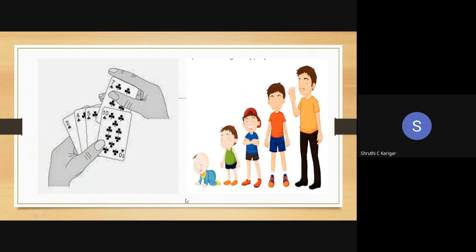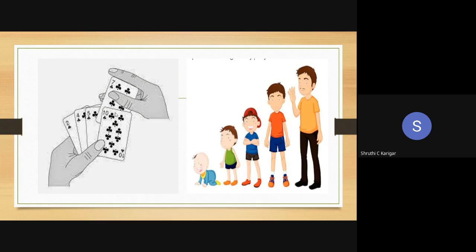Okay, so here, I think many of you have played cards, right? Whenever you are playing, the cards will not be in a sorted order. For example, if you're playing with 4 members, the different cards will come to the 4 members. So what is our task in playing the game? We have to arrange them in a particular order. So if the cards are there, then we have to arrange from the A, and then 1 2 3,